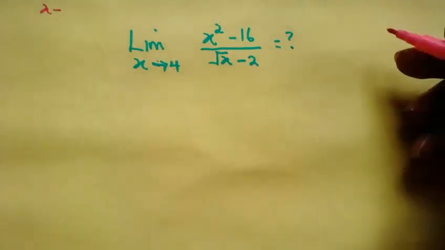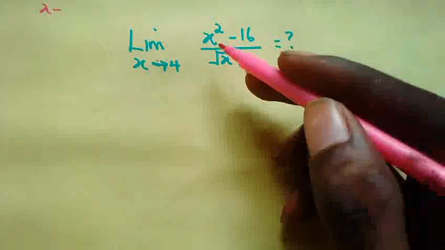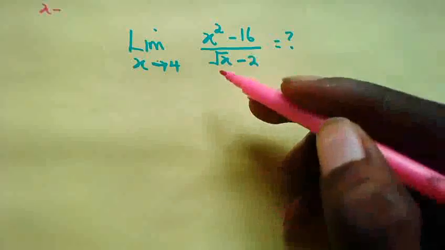Today we have the following interesting limit problem. Limit as x is approaching 4 of (x to the power 2 minus 16) all over (the square root of x